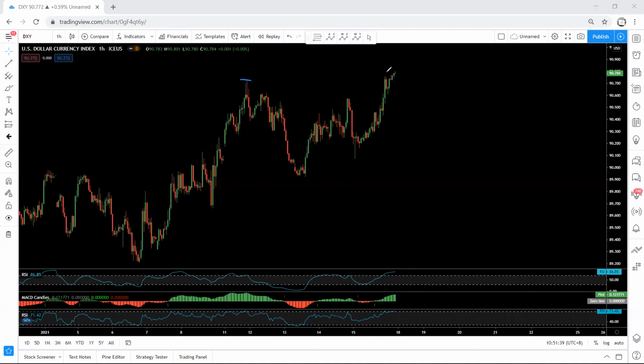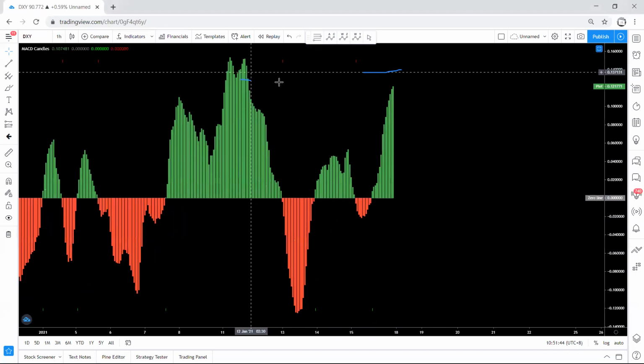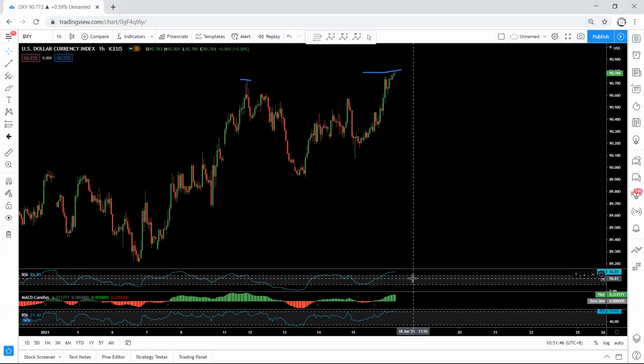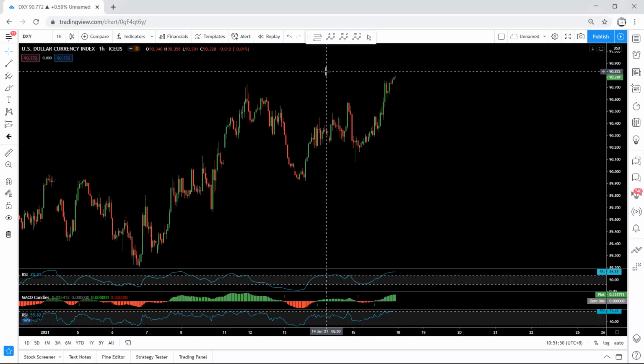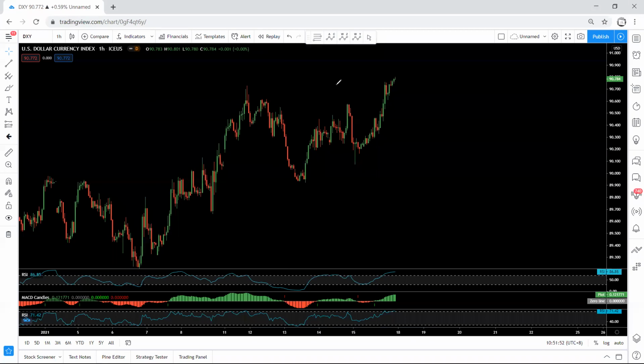If we put this one, we see whether we have a good divergence or not. If we put this one relative to this, we move to MACD here and here, we see we have a divergence. Okay, but based on this one, we don't have it. Again, the divergence doesn't mean anything. And what we are looking for next week, if the price from here continues to move up, we are not going to buy. We need to get the buy setup.